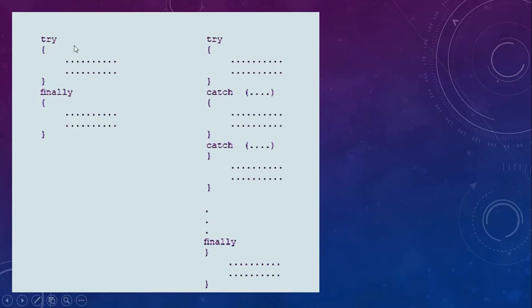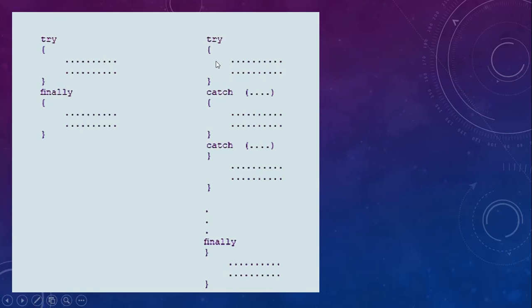So you see, I have written a try block where we are trying for getting an exception for particular statements, and then I have a finally block. If an exception is generated here, the finally block will handle that exception. Also it can be used here. For example, you have a try block, you will be trying some statements.